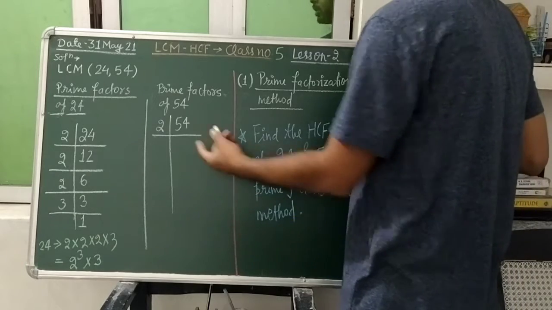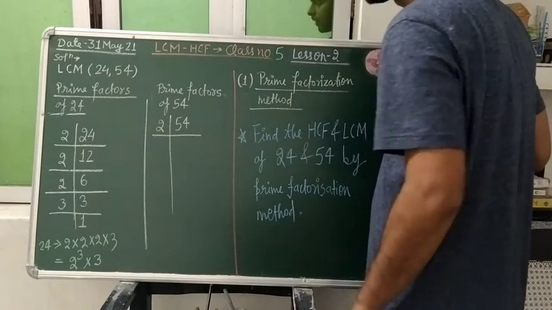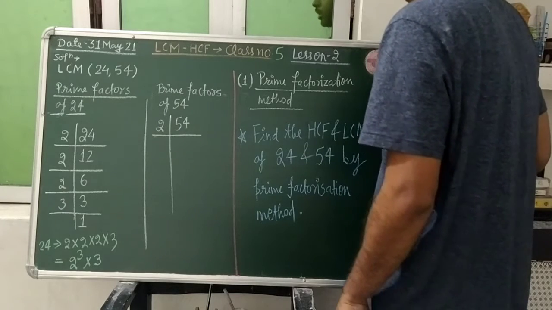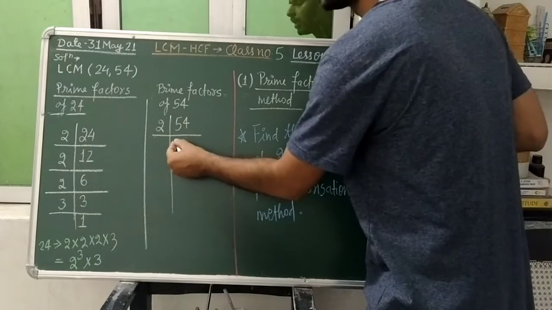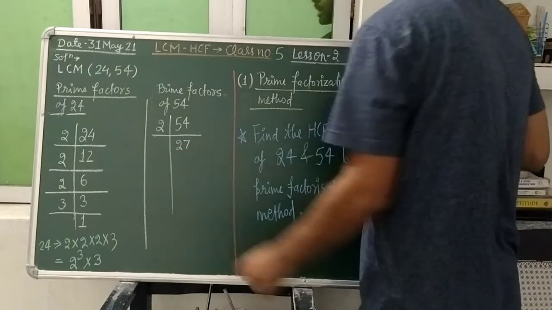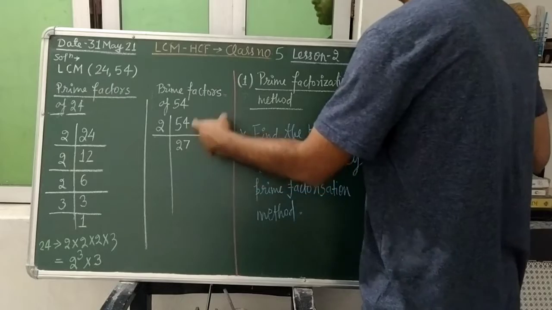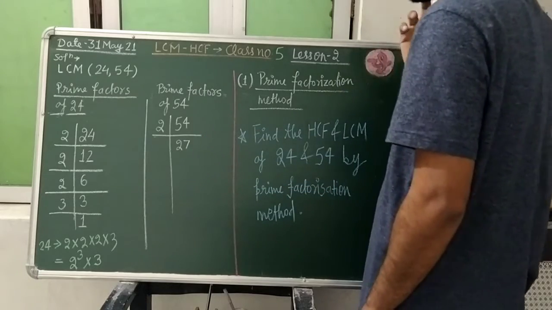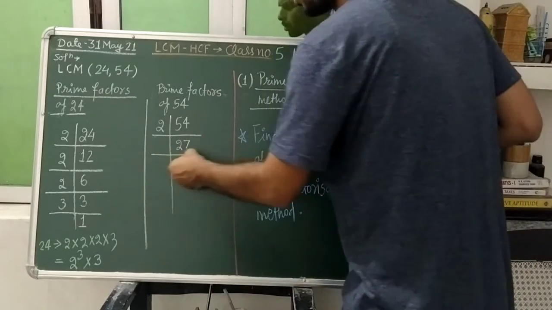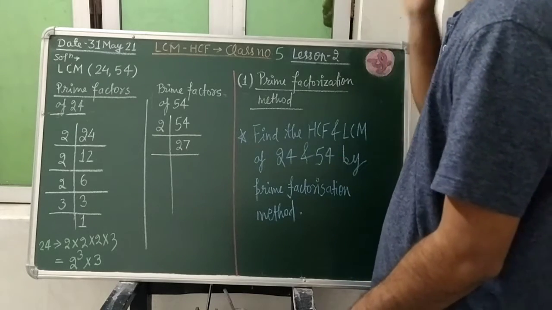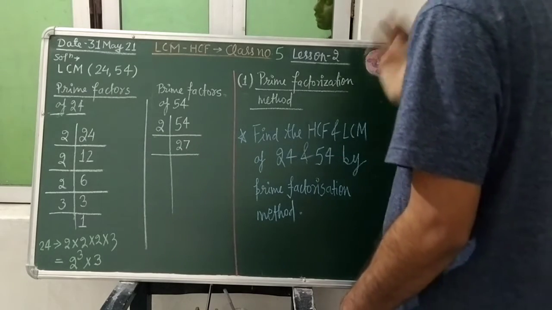So how many times is 2 going to divide this 54? Of course, when you divide this 54 by 2, you will get the quotient 27 and remainder equal to 0. So of course 2 will go 27 times into 54. So students, one horizontal line will get completed, and now we shall move to the second horizontal line.